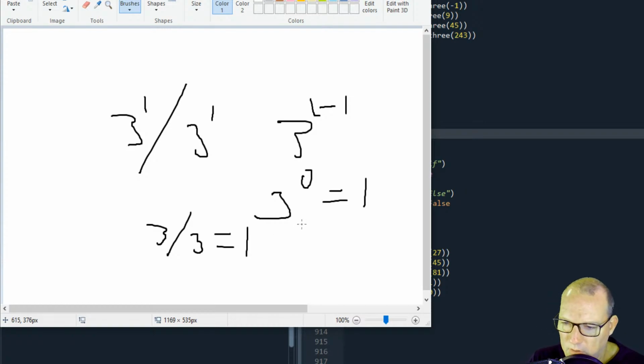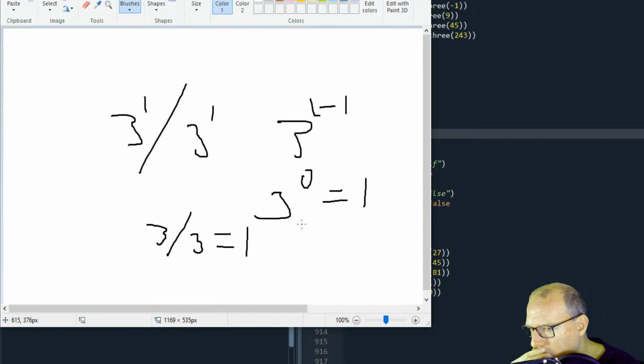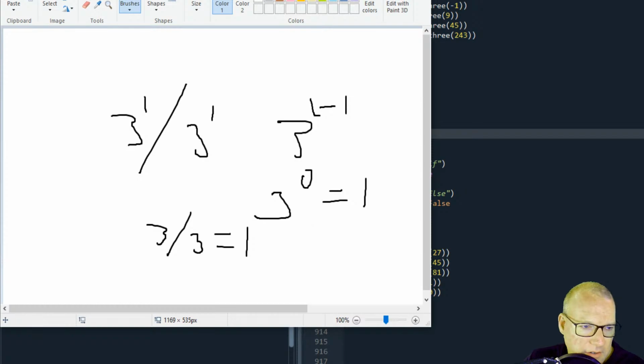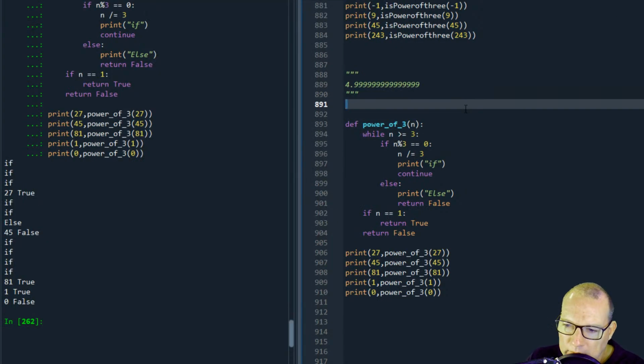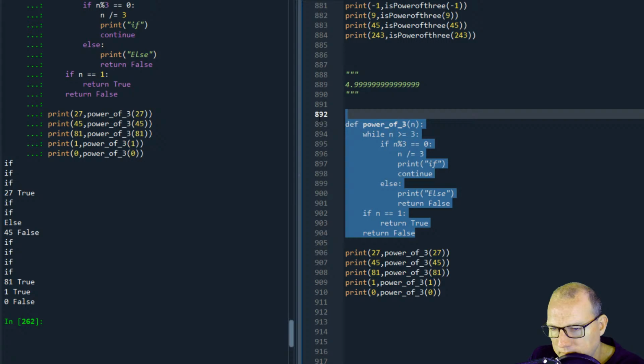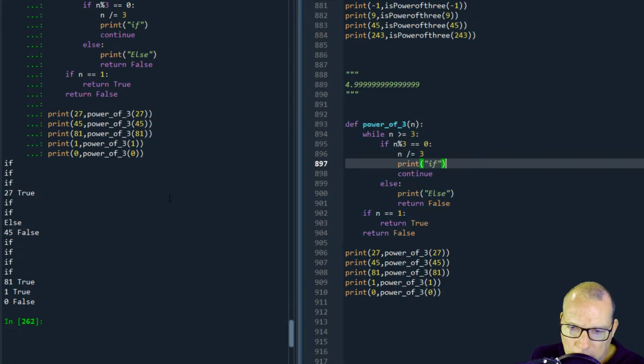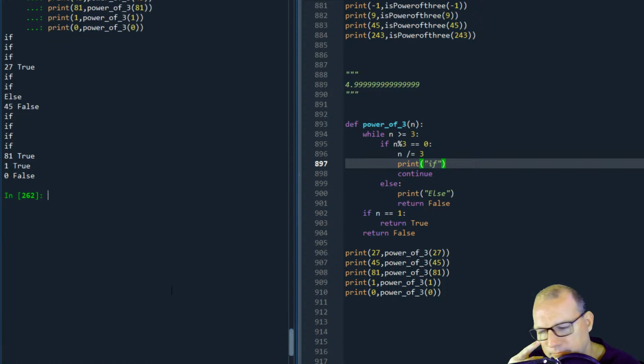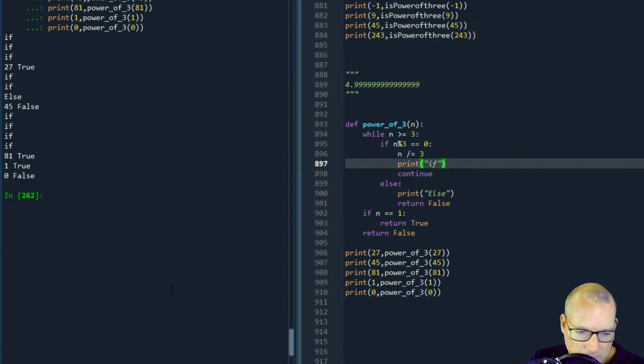So we went through and we solved our problem yesterday. It dawned on me last night after I took care of some stuff, and it was driving me nuts. So basically, here's our solution. But overall, we're iterating through, because at first I was like, wait a minute, can I make this a recursion problem? I'm not super great at recursion, and there probably is a way to have this be a recursion problem. So basically, it is summed up as divide by 3 until you get to 1,